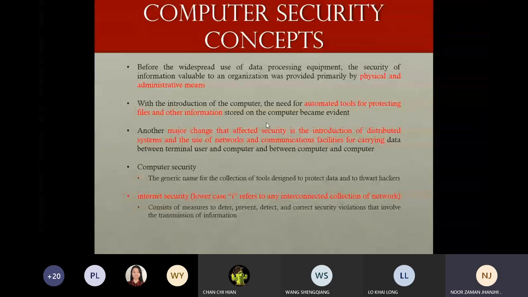Previously, we looked after our data physically. Then we looked after it with computers, where the data is stored only on our computers. Then we shifted towards the network part as well. Then after that, we shifted to the internet. But the current scenario is that our data is distributed. Even in your individual cases, if you think for a moment, you may be sitting in Malaysia or any other country, but your related data is not only in your home or in Malaysia; your data is distributed.